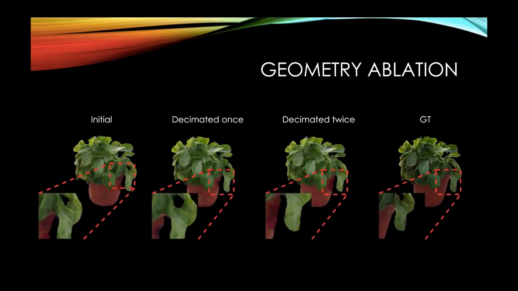We now discuss a couple of application studies. In the first study, we study the effect of geometry quality on the results of our method. To do this, we obtain two decimated versions of the retrieved geometry. We then train multiple networks on these decimation levels. We observe that the quality of results slightly decreases, but the network is able to cover for imperfect geometry and performs well. As you can see, there are more artifacts in the decimated twice section as opposed to the initial geometry recovered version, but the results on a macro level are fairly decent.